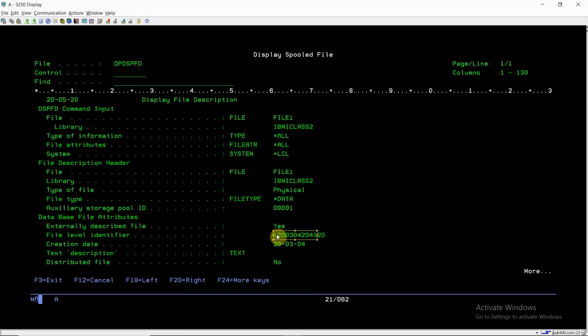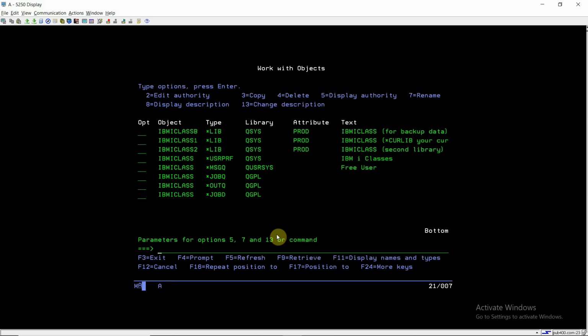This is the file level ID, which is basically the creation timestamp. Based on the creation date and time, this gets created by the IBM.